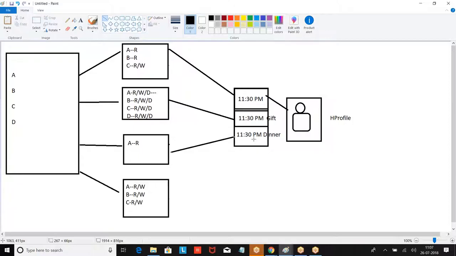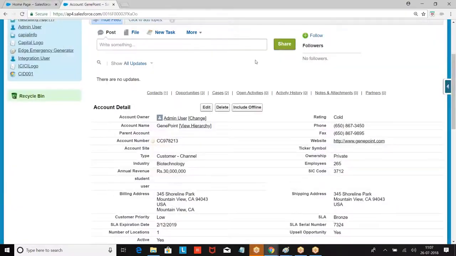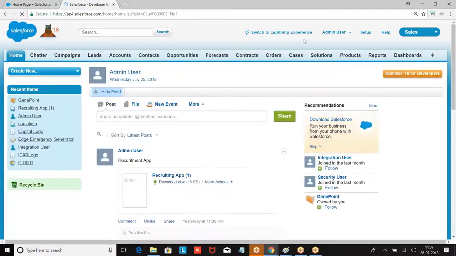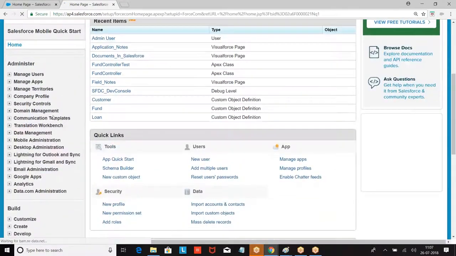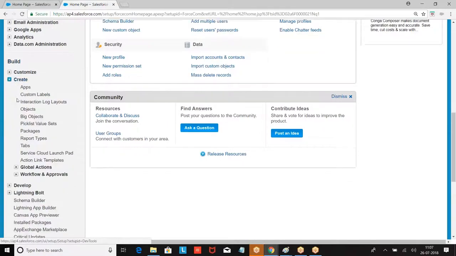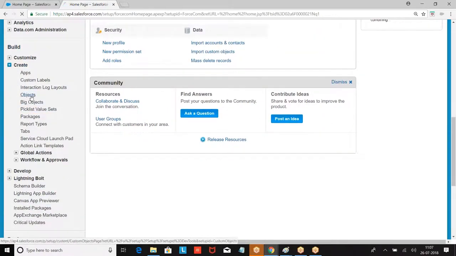Now, look at the format. Let us start with the page layout. How to create and organize the page layout? In the last class, we created an object called customer, right? So go to Setup, Build, Create, Objects.